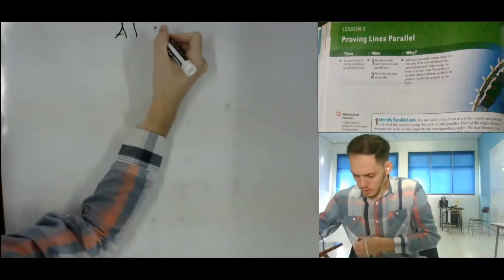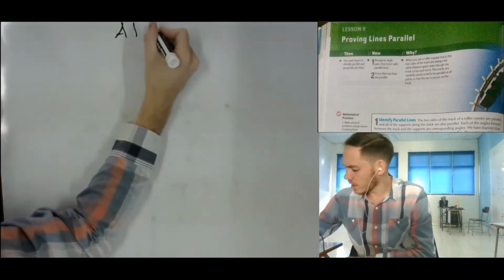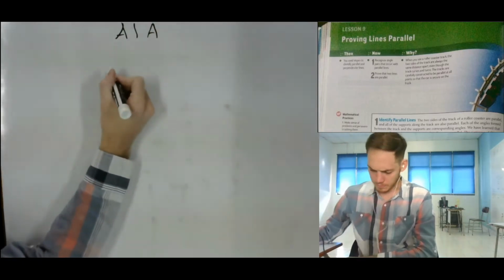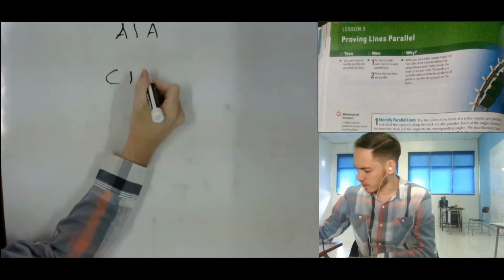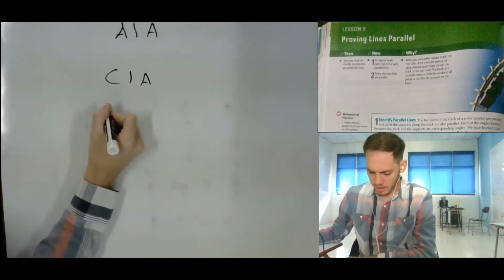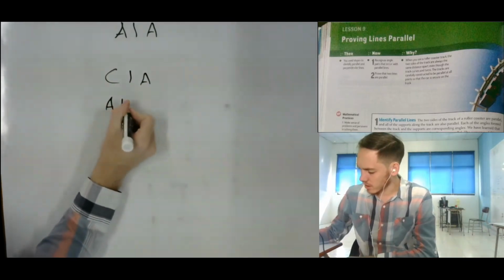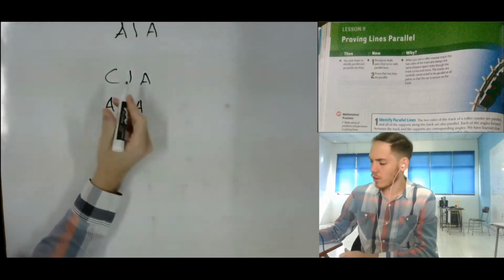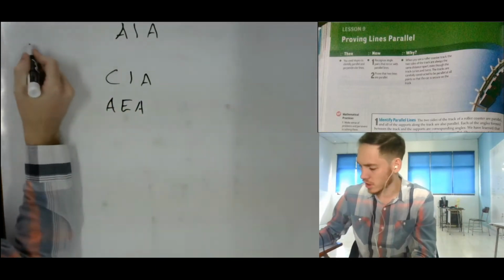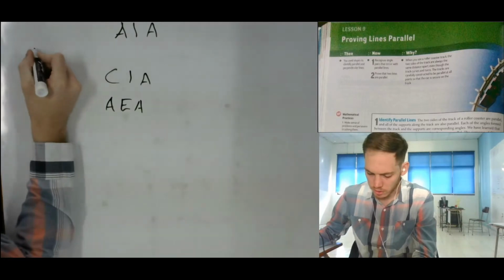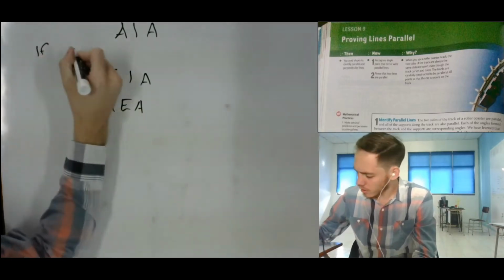Okay. The alternate interior angles theorem, the corresponding angles theorem, and the alternate exterior angles theorem all have converses. So let's write out their converses. So the converse of this one, if there is a pair